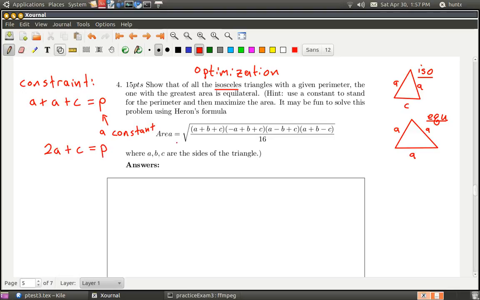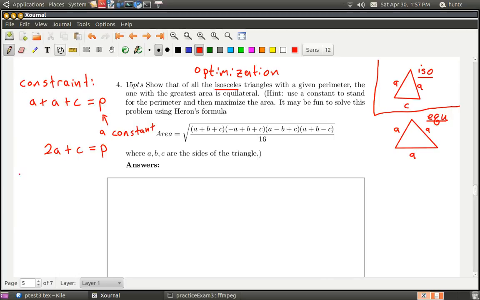Okay, and this is the picture that I have in mind here. I have an isosceles triangle. Two sides I'm calling A, and the other side I'm calling C. So those are the lengths. Alright, so here's my constraint equation. You can see that there are two unknowns. P is a constant. A and C are unknowns. And the constraint is going to let me write one thing in terms of the other. Alright, and now let's think about what we want to